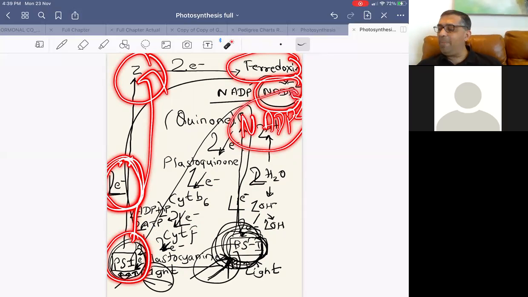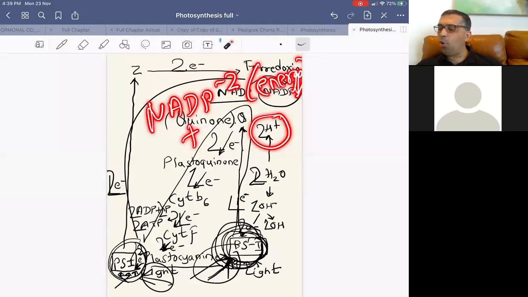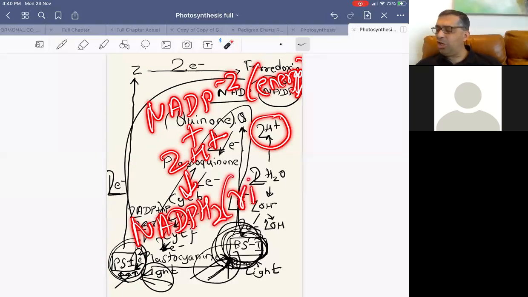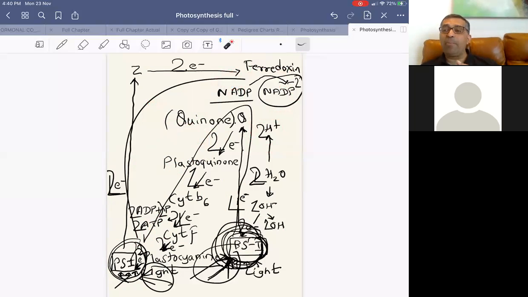So NADP minus 2 has 2 electrons rich in energy, and NADP minus 2 with 2 electrons rich in energy, when they combine with proton, already rich in energy, combined with 2 protons to form NADPH2, is rich in energy. And yay! NADPH2 energy rich है. तो आपके पास non-cyclic process में दो molecule हो गए